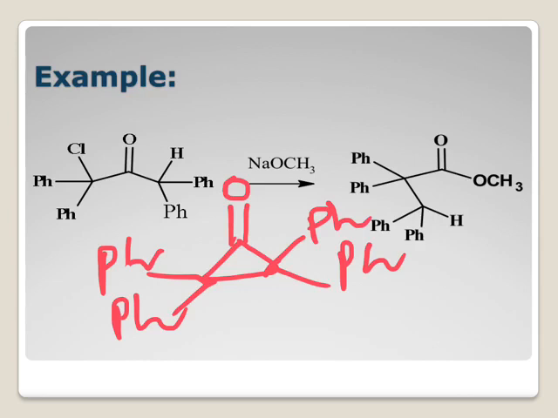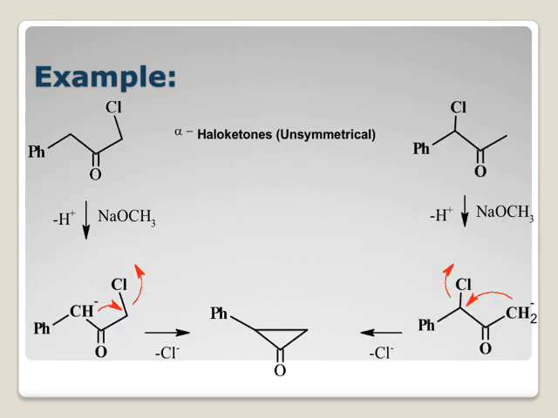Now the problem arises when we have an unsymmetrical ketone. Here I have given you two examples. This is one starting material where we have a benzyl group over here, and this is the other one where we have chlorine on the opposite side. So both are derivatives of acetone only, but you can see the position of the chlorine atom or the halogen. In this particular molecule, the alkoxide ion will abstract the proton from this carbon atom, which is the benzylic carbon atom, generating this carbanion.